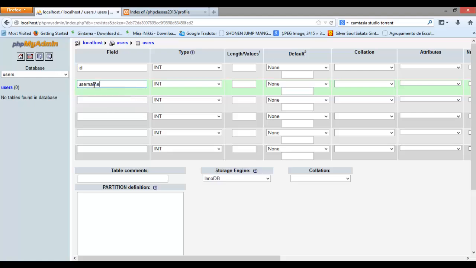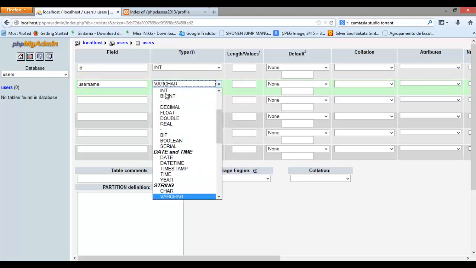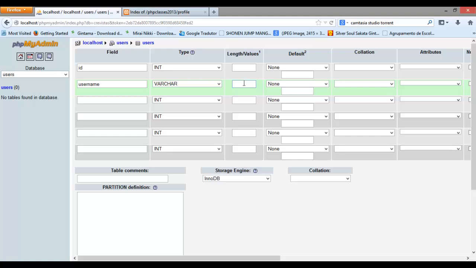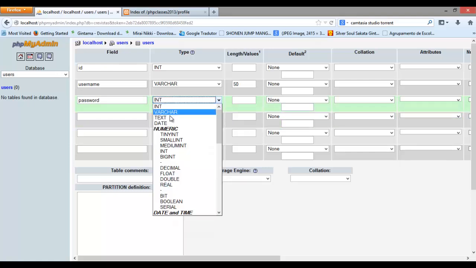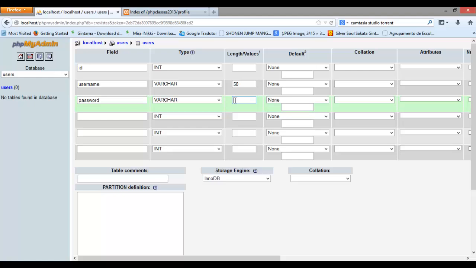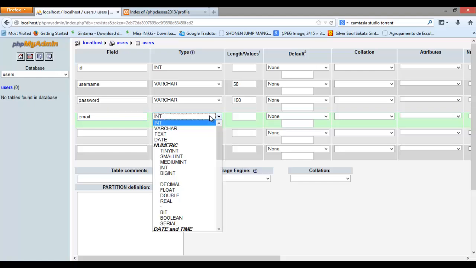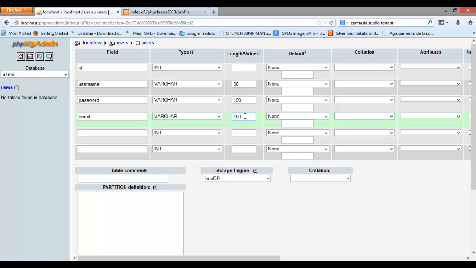Then we're going to do username, varchar, and then we're going to put here the length at maybe 50. All right. Then password. Password we're going to need because of the login page. So it is varchar, you can put it as 150. Then email, we're going to need the email. No, it's too long. 200. Country, 250. The birthday,